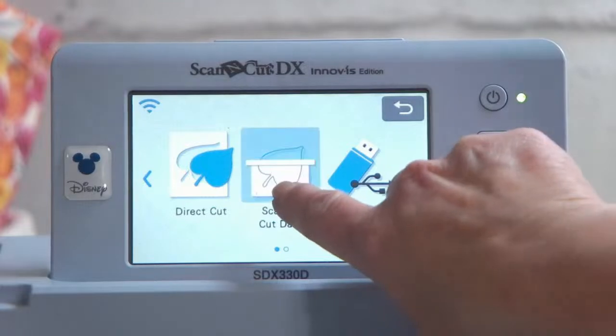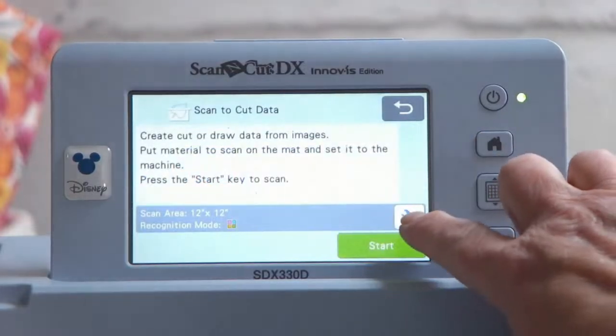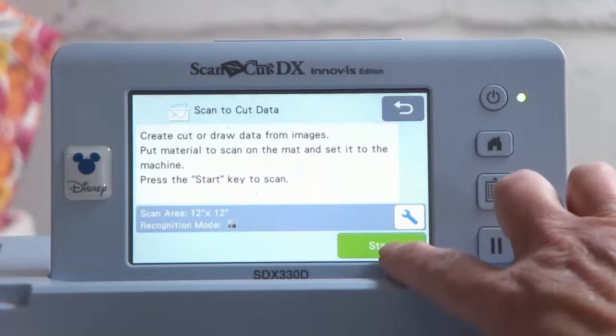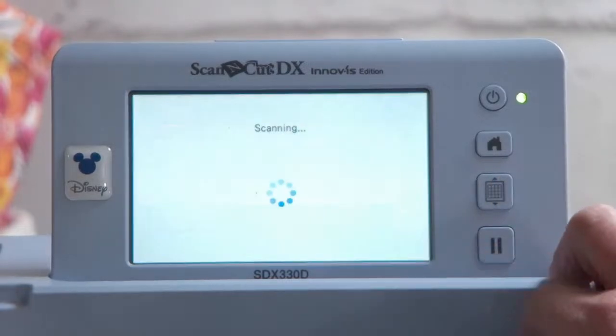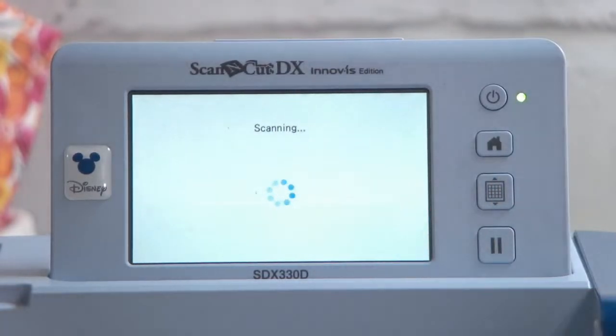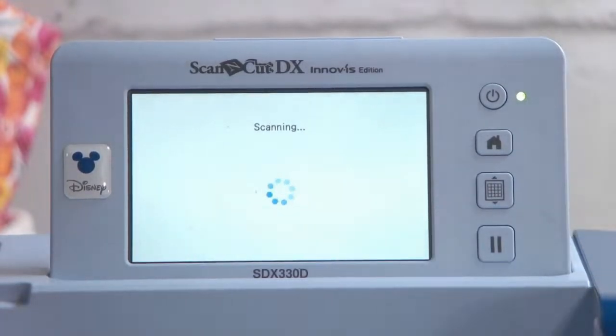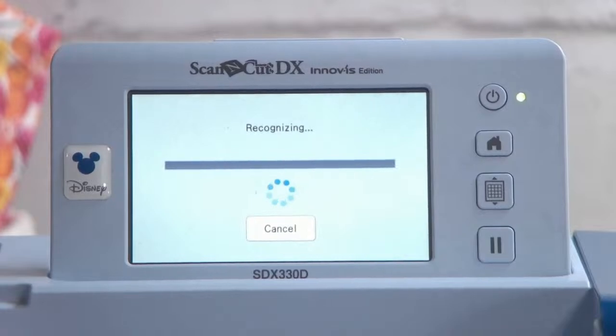We're going to scan to cut data. And I'm going to change it to black and white mode. We'll see if that works for me. And press start. Now here I can control the image density. Where did I lose my stylus? Y'all, I need a keeper to go behind me.